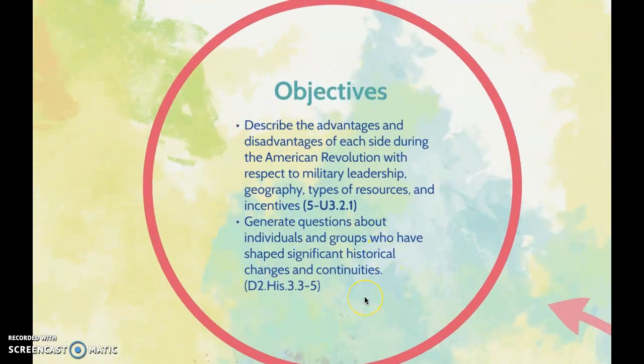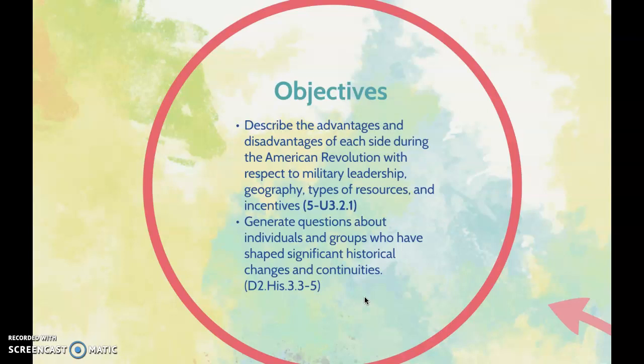And the other objectives: describe the advantages and disadvantages of each side during the American Revolution with respect to military leadership, geography, types of resources, and incentives. Also, generate questions about individuals and groups who have shaped significant historical changes. So I chose both of these because